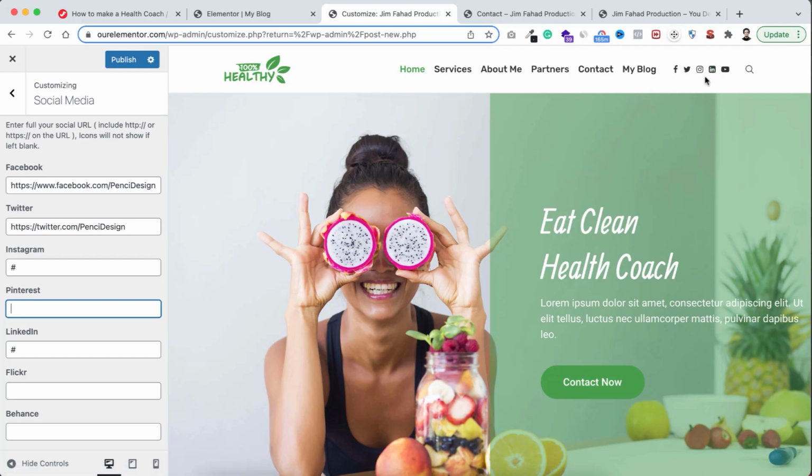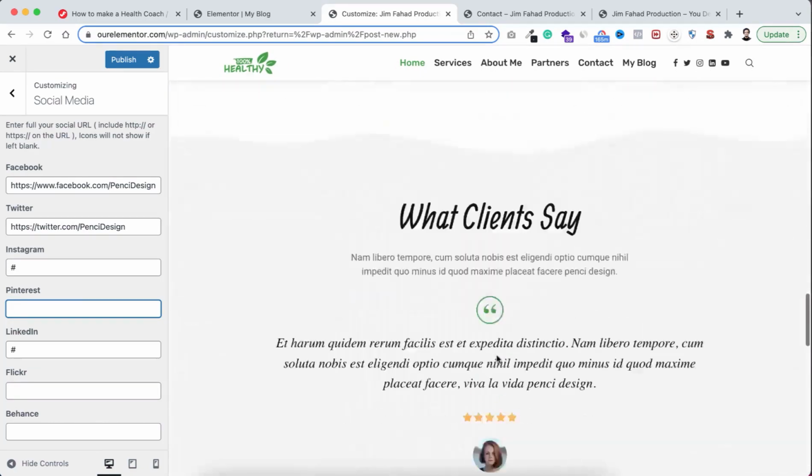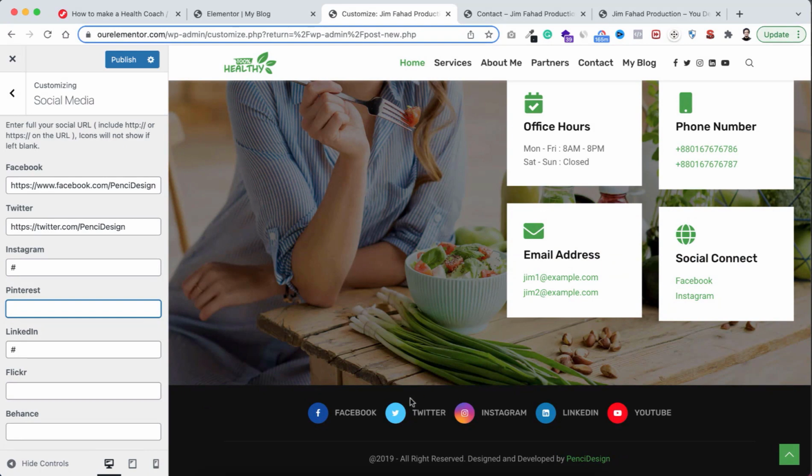And not only with these top icons, this social media also works with the bottom social media area. Like if we scroll to the footer of our website, here you see we have also got the social media icons like Facebook, Twitter, Instagram, LinkedIn, YouTube. These social media icons are also coming from the same place. So right now you see there is no Pinterest at the bottom, but if I put here a Pinterest link,